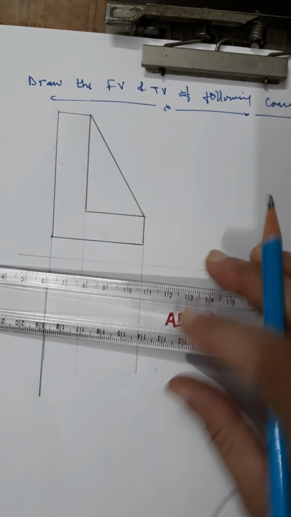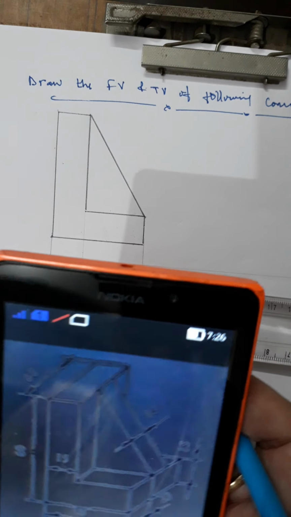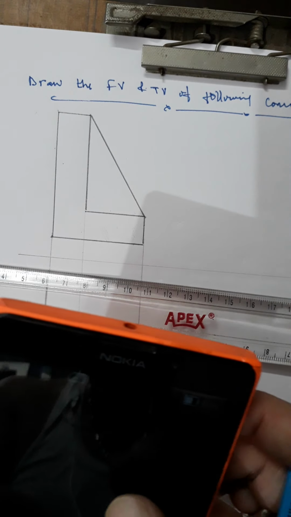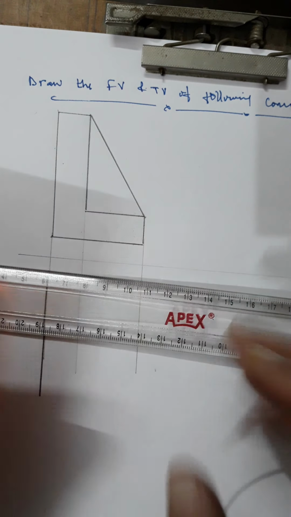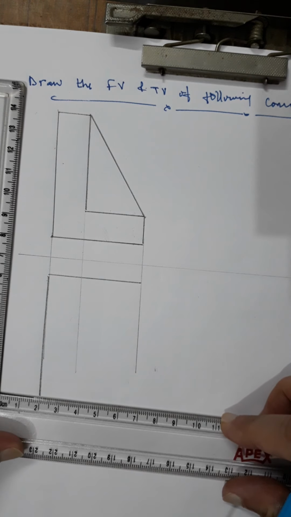So it will be a 60 by 45. So 60 this side and 45 this side. A 60 by 45 rectangle. Then inside there will be this vertical, this inclined wedge. Okay. Then first I will draw the outer. Then I will make what is inside it.